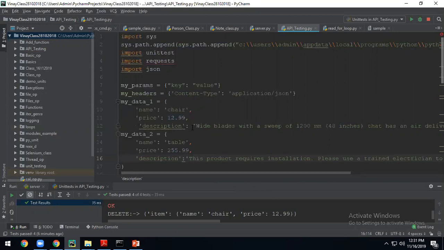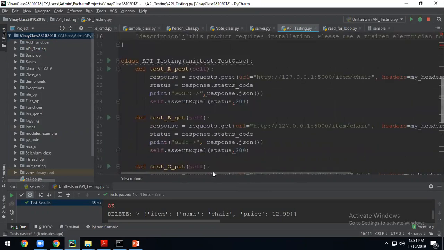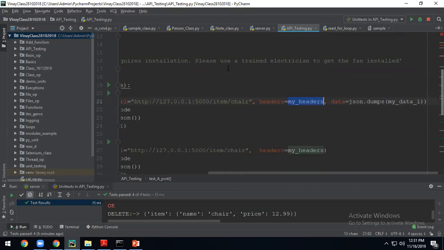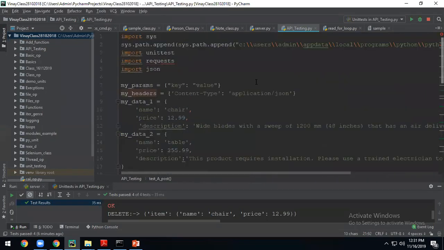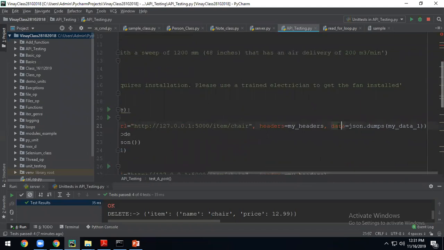Now we have added 3 products. 2 products are there with 3 fields now. Okay, now what I am trying to do was, so you have a header. Header is with respect to HTTP, where you are passing the type, like what should be the header. I am sending in a JSON format. That's why I have selected content type as JSON. Because when I am sending a post call, I have to pass data. That data is like JSON.dumps. Okay, this data you do it in the form of JSON. I am converting from dictionary to JSON format. That's all.